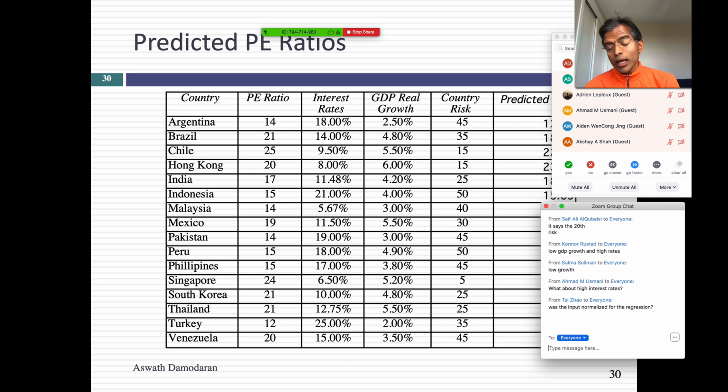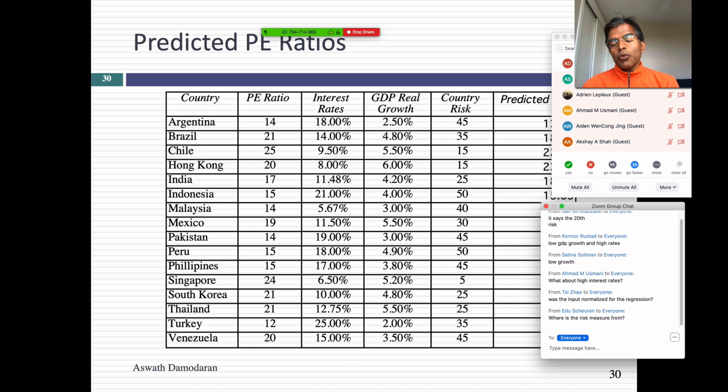See, what am I going to do with that? If I'm a global portfolio manager, I want to direct my money to the cheaper markets and away from the markets that are overvalued. It's a very simple process for pricing markets relative to each other. So any questions on what I did here? Basically, just like in the first example where I just looked at the graph, I went past just looking at the PE ratios and asked questions about whether I can explain differences in PE ratios across companies.